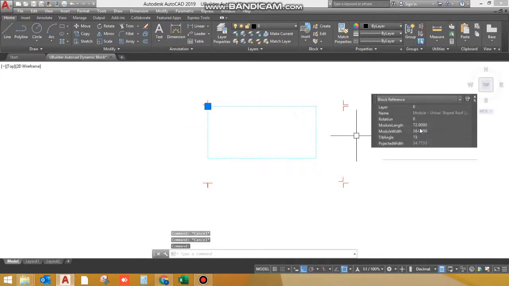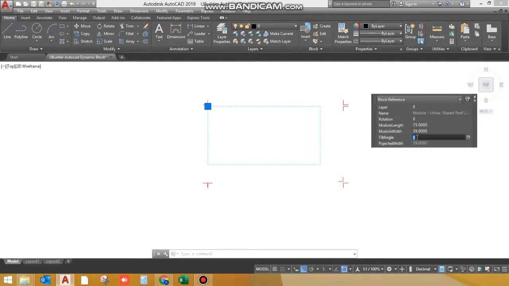Just select this, change it to 75 and 39 we took last time, and tilt angle. If you are using projected roof length, then we need to give the tilt. If you are using the true roof length, inclined roof length or inclined roof width, then we can give 0,